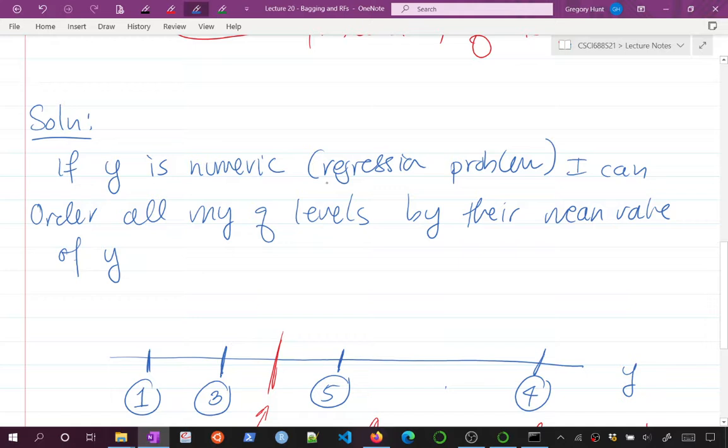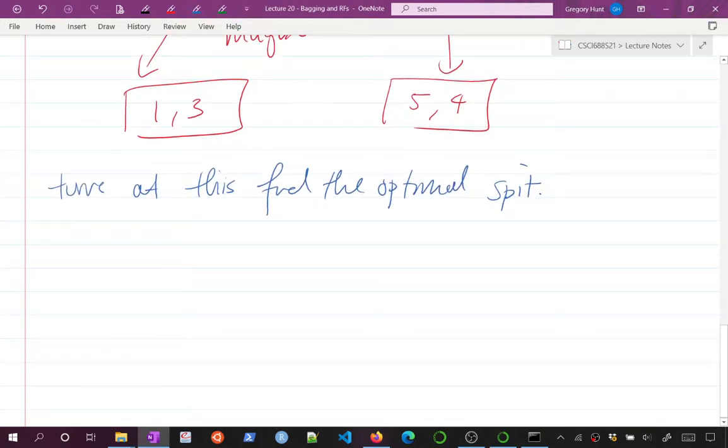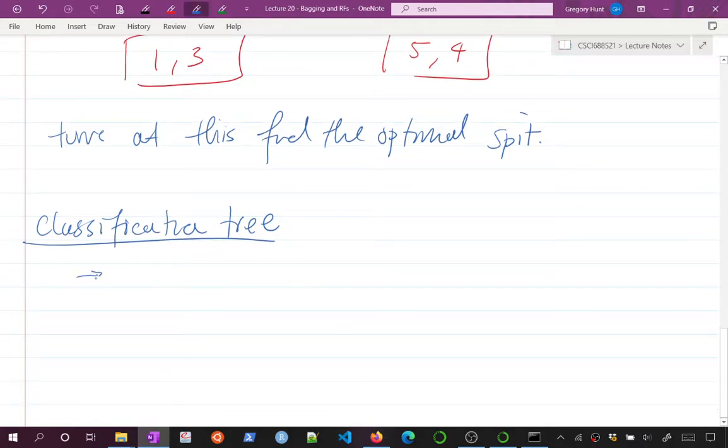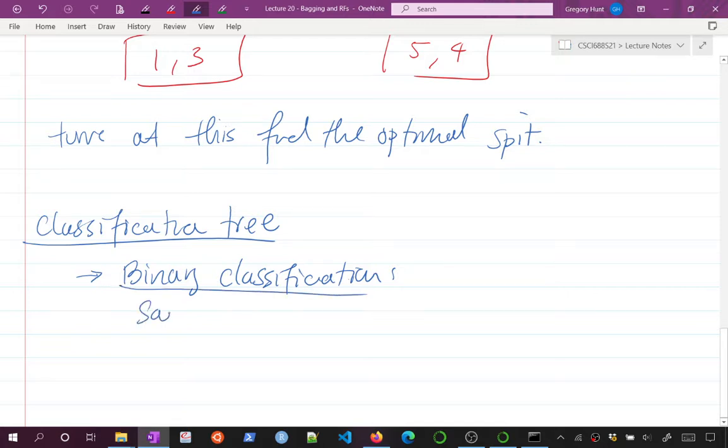So this is for a regression tree. For a classification tree, I guess there are two situations. For binary classification, I'll basically say, what do we want to say? We can do a similar procedure to the regression tree,